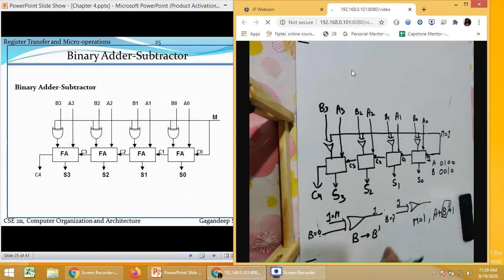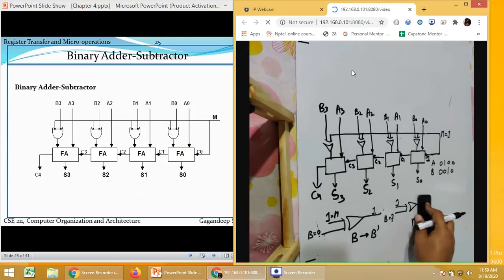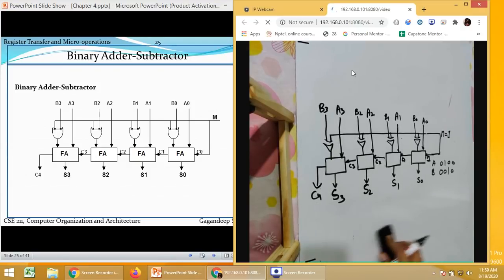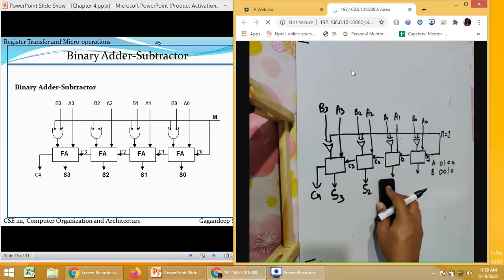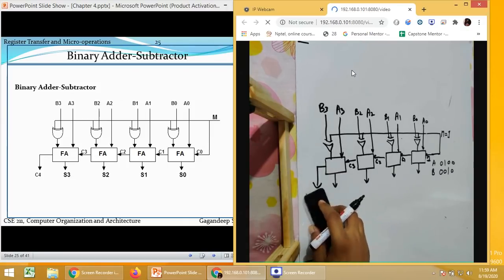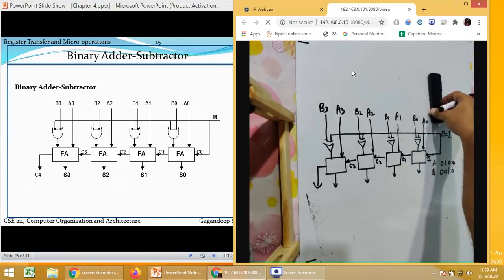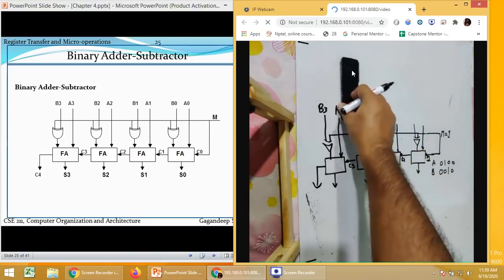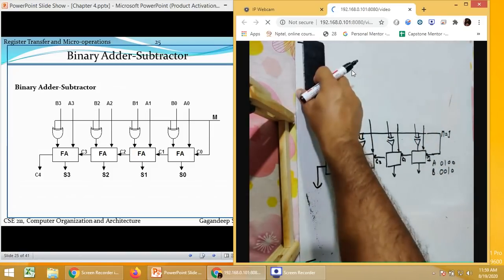So now I will just use this same example which we have made at this place. I will just replace the values here to make you understand how this circuit is going to work in the actual scenario.